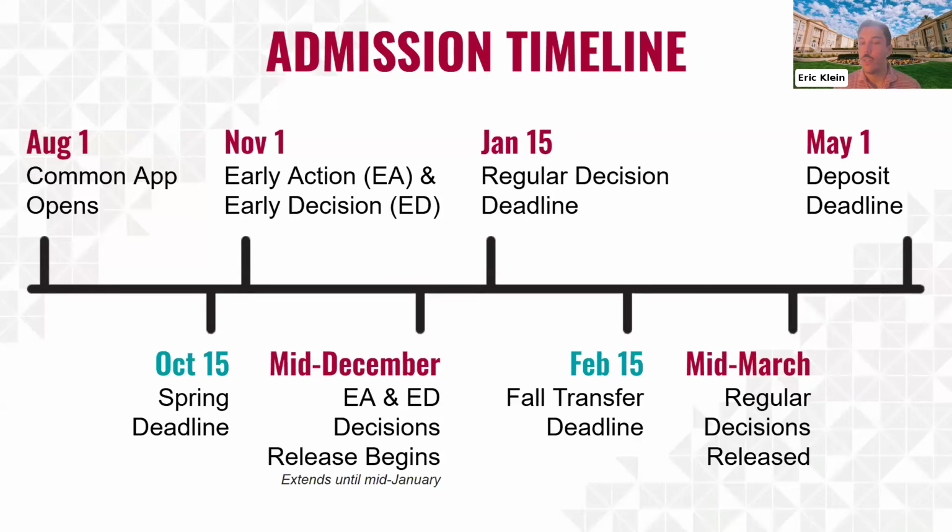The difference between early action and early decision when it comes to those rounds is early decision is what I call a binding round. Essentially, what that means is you're promising that you will be enrolling at Chapman, regardless of any other admission decision or financial aid package that your student is receiving. It's a pretty big promise that you're making. There's an agreement that the student, the parents, the high school counselor are signing. So it's a big commitment that you're making, and it's for students who know Chapman is their number one school.